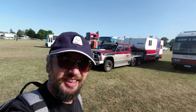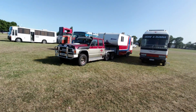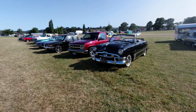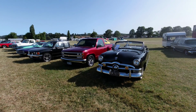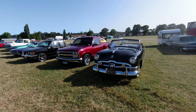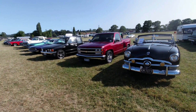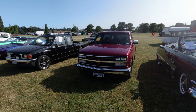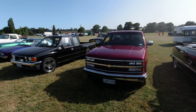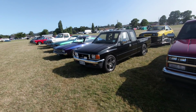In this video, I'm at the Hot Rod and Vintage Show here in Kumeu, and oh, I think I'm going to like it. Now, it's very much an American themed show. $69,000 if you would like this beautiful flathead Ford. And notice the clap hand wipers on this right hand drive converted Chevy pickup, and a Lexus badged